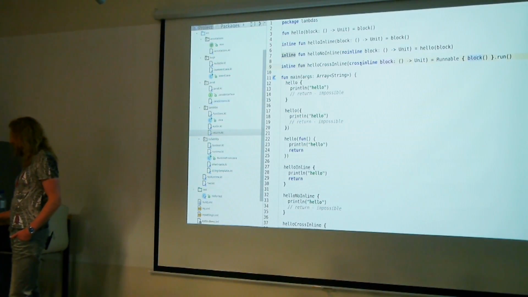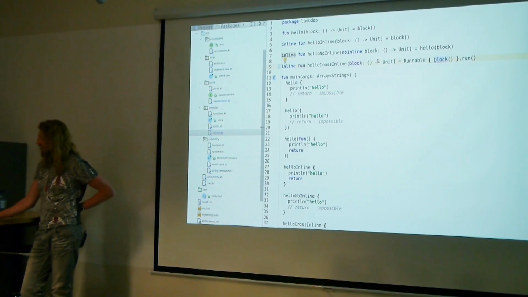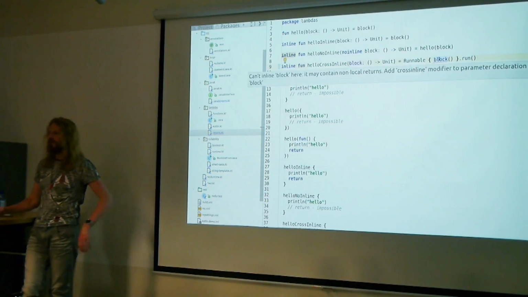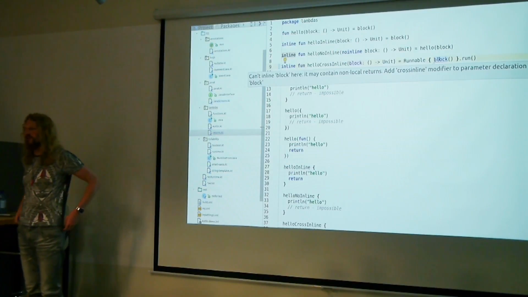So if I remove it, this code doesn't compile, because this lambda, an inlined function, can probably return something, but it cannot return if it's used inside of another thing which is runnable. So it's run in another context in terms of JVM.